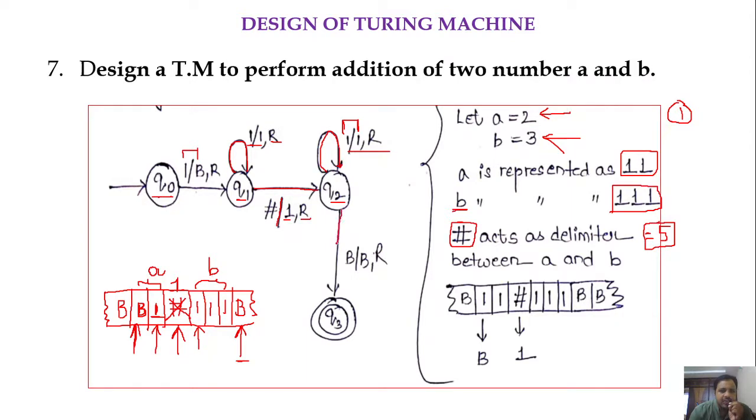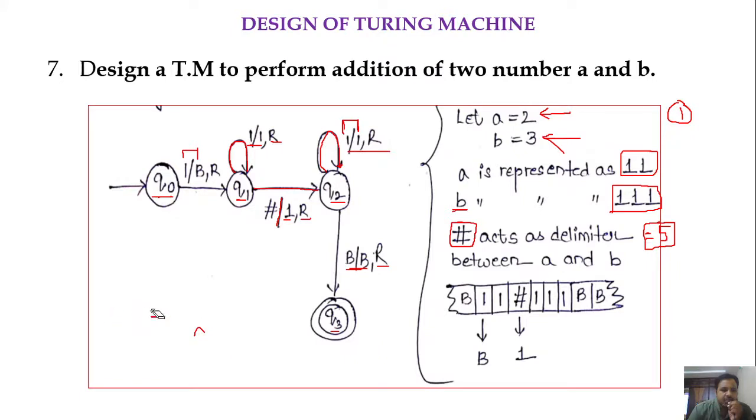So in q2 if we get a blank character, then keep that blank as it is and move the head towards right. Whenever you get a blank character, you may move the head towards either left or right, so it's your choice. I have taken just movement of head towards right. Okay, and we move from state q2 to q3. So this is a Turing machine that performs the addition of two numbers. Let me give another example for this here. Once you understood this logic, you could implement the Turing machine for subtraction, multiplication also.